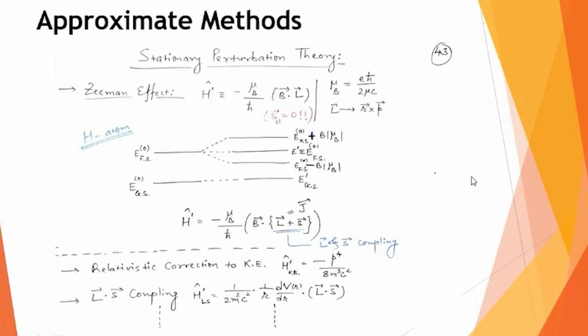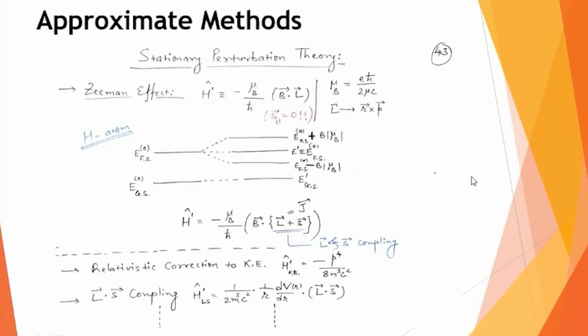Not only this, we will learn in, say, our third semester, when we talk about relativistic quantum mechanics, that even for a hydrogen atom type of system, where the electron is very close to the nucleus, the speed of the electron, when I calculate it, is very large. It is only about 100 times smaller than the speed of light in vacuum. And you know that the speed of light in vacuum is about 3 times 10 raised to 8 meters per second. Compared to that, the speed of the electron is only 10 raised to 6. So it is not very small.